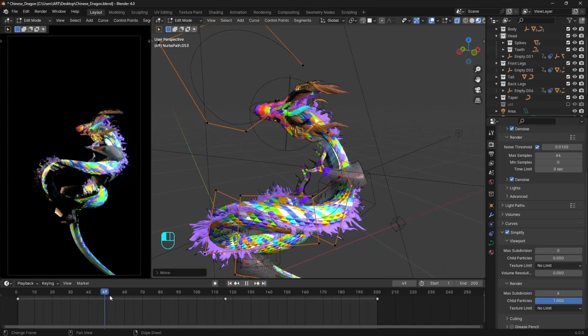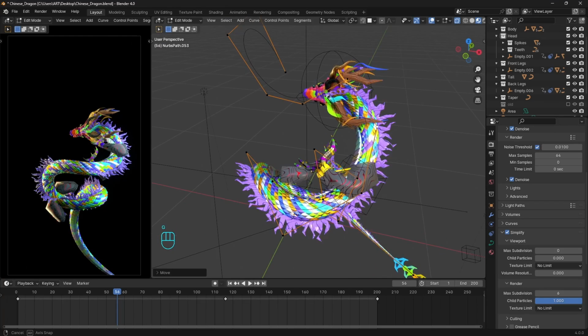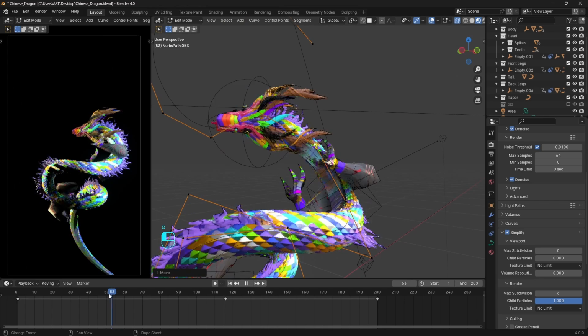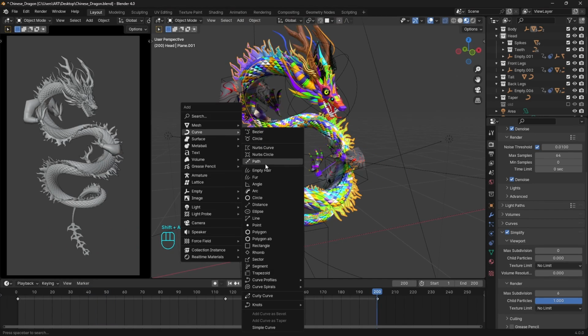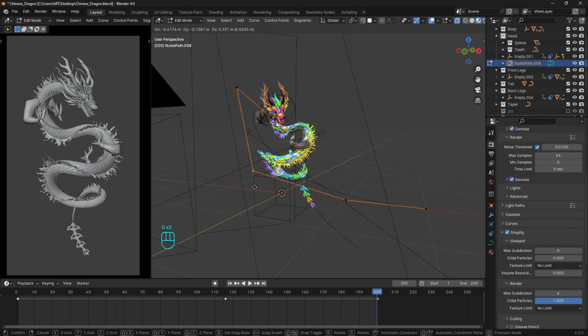So I'll go back now to the dragon and start adjusting all these points, like fixing the position of the dragon so it's not intersecting with the body and anything else we detected on the test animation. For a final touch, we'll create the whiskers around the nostrils and set some nodes animations.